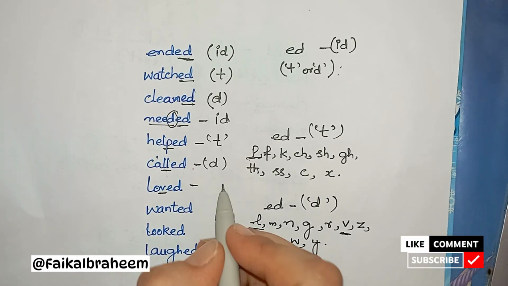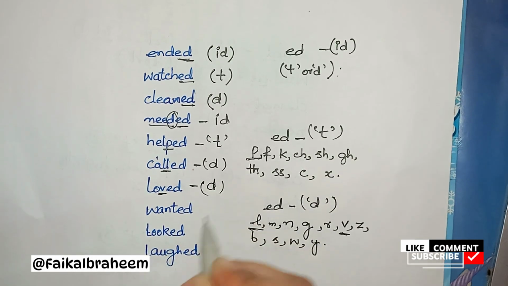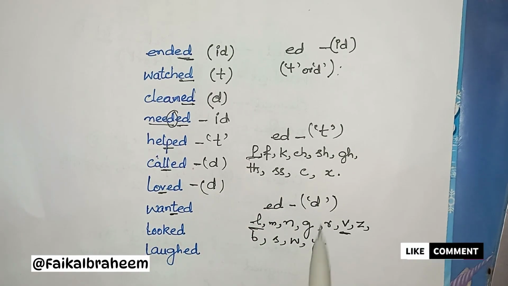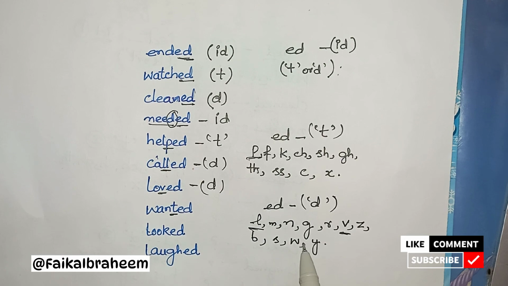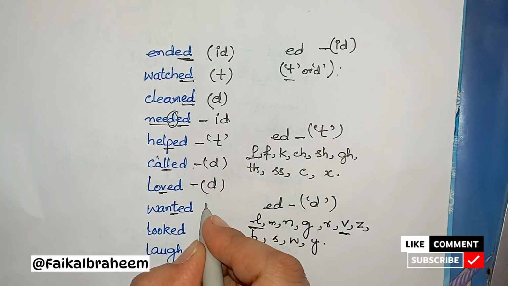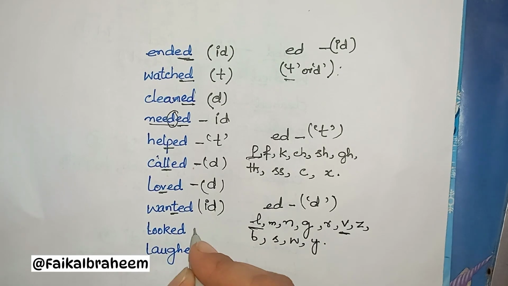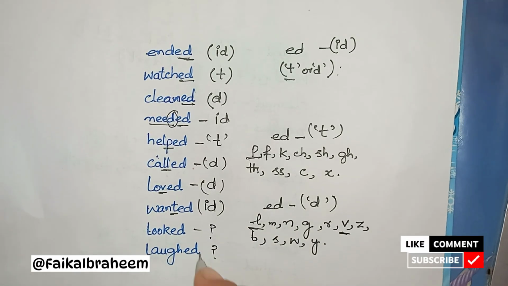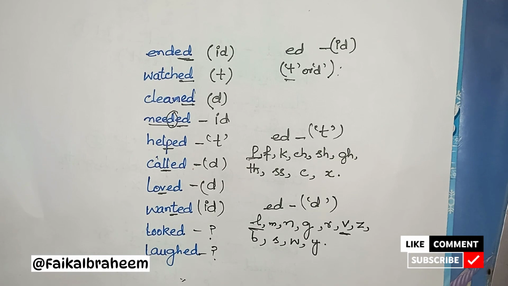Loved, it ended with V, so we pronounce it D. Wanted, it ends with T, so we pronounce it id. Wanted. So guys,